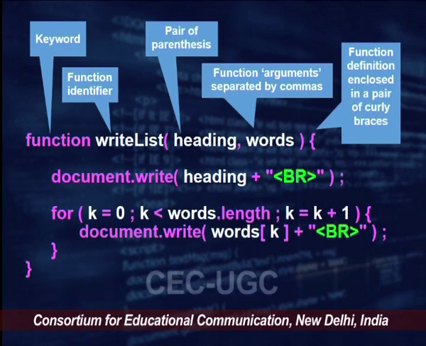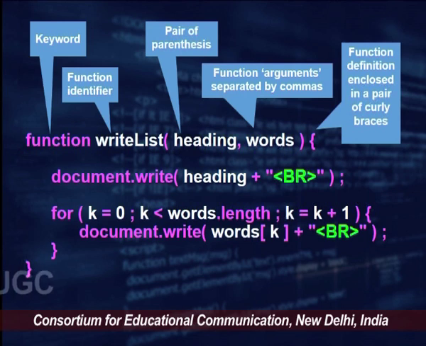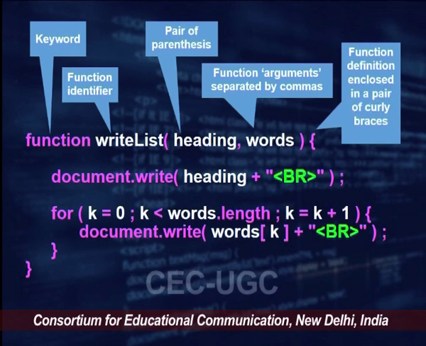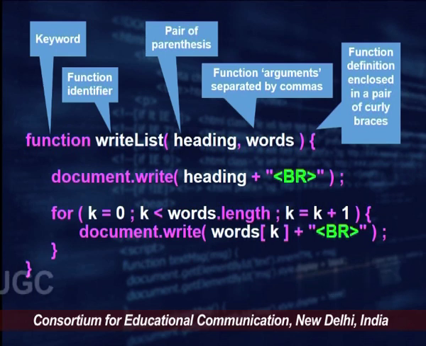Then we write the name of the function. That is called the function identifier, so you can give any identifier of your choice. Then you have the parenthesis, and within the parenthesis we give some arguments. You can give one argument or multiple arguments which are comma separated, and then the